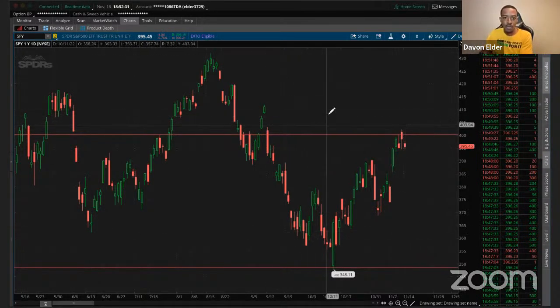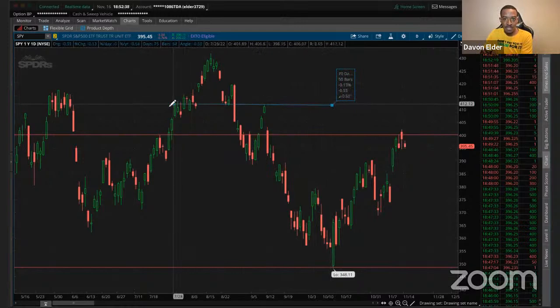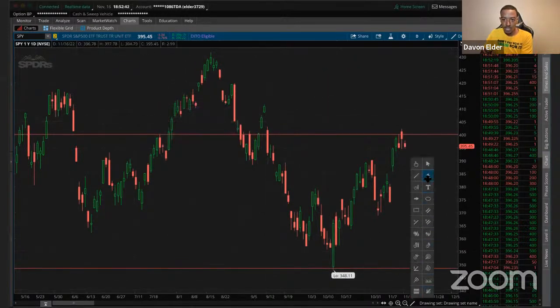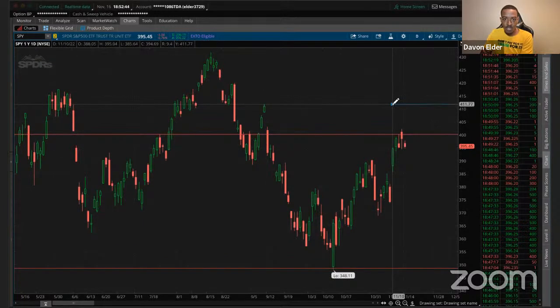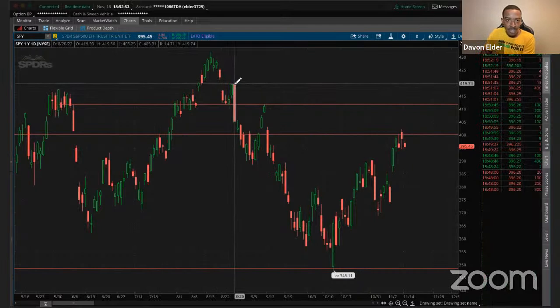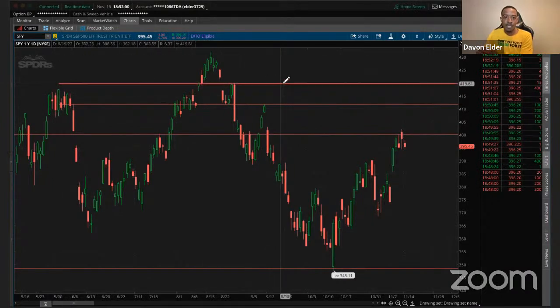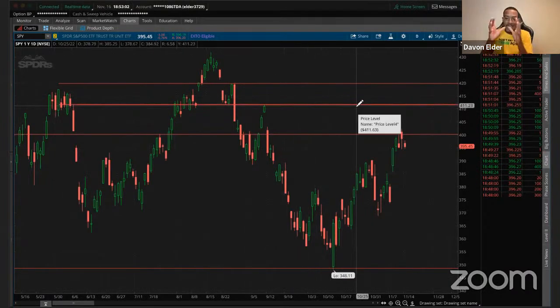Okay, what's another major level that I want to mark off? I want to mark off this 411. We've got some resistance here at 411. That's a resistance level. And we've also got a resistance level here at 417, 419.96. And this is a very, very important level for me because this is the level that we had,